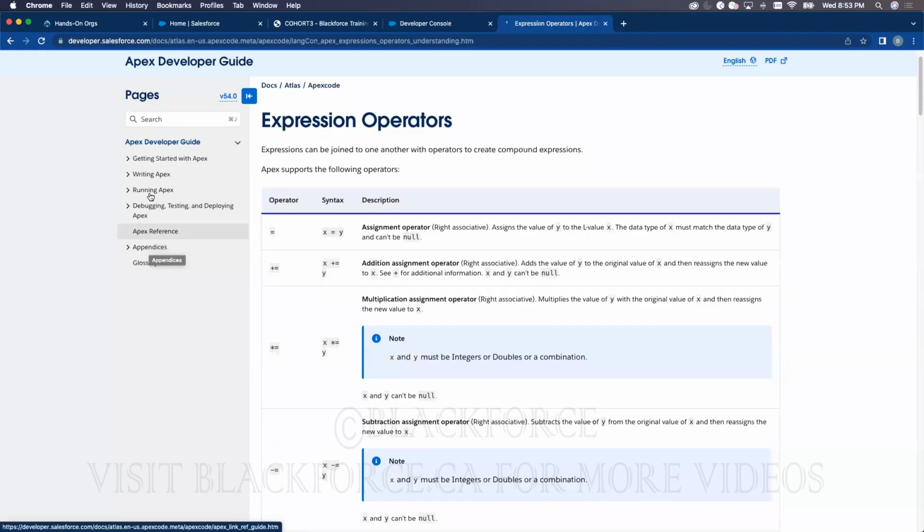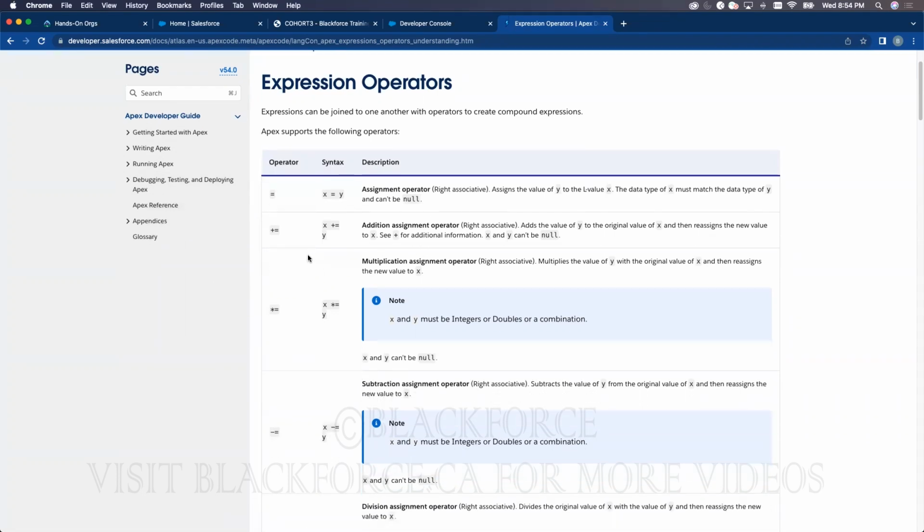Salesforce will not give you anything outside of this. The only thing that will be left is your brain to think and to look for answers in this developer's guide. Everything about Salesforce developer is here. How to write Apex, how to run Apex, how to debug and test. Okay, so now I use an expression